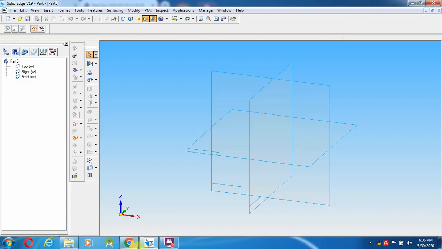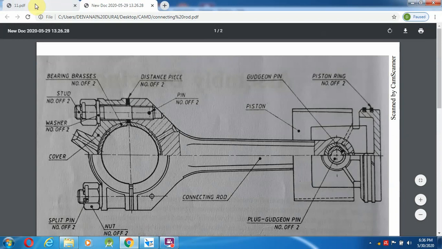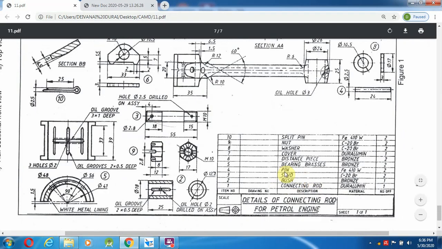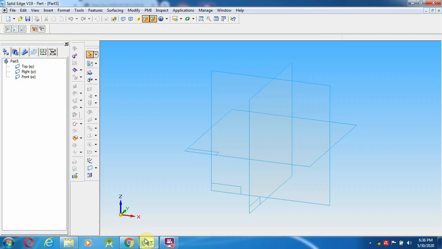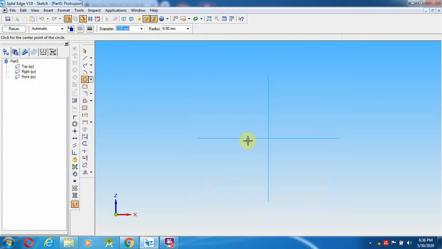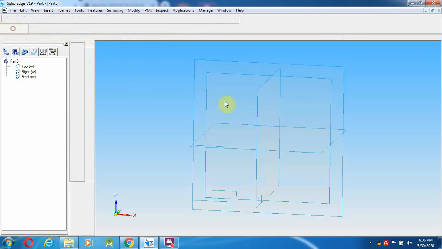Go to the solid part. The next one will be the 2.5 mm taper pin, normal pin 2.5 mm. Select from here and a circle from here, 2.5 mm, and return.